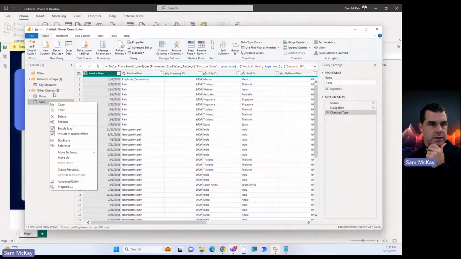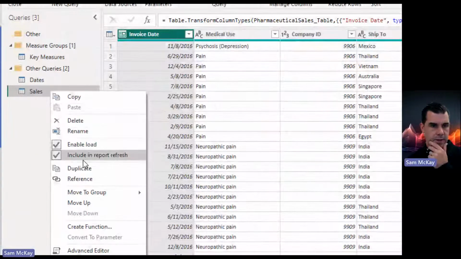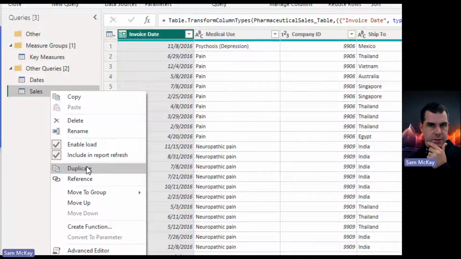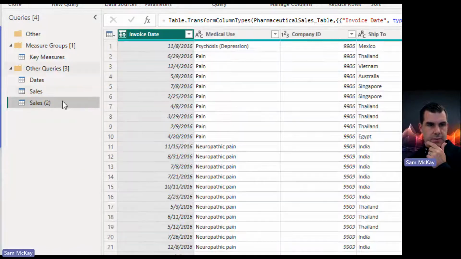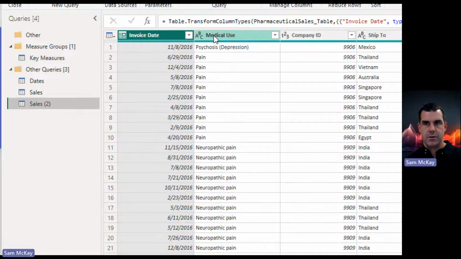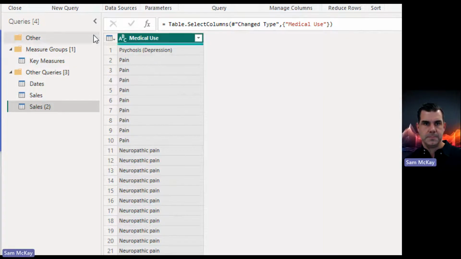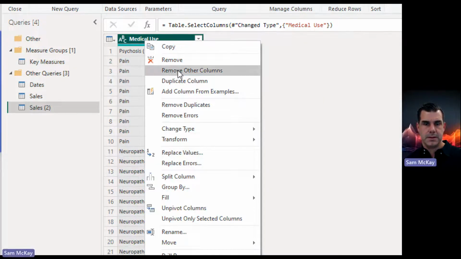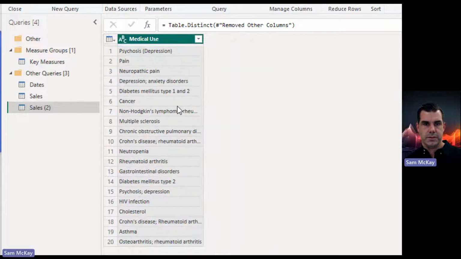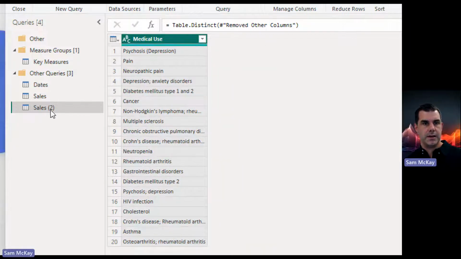So we can come in here and duplicate or reference. In this case, I'm going to duplicate because I want to get the entire initial state. Now I could remove other columns like this, and then remove duplicates, and now I've got a medical